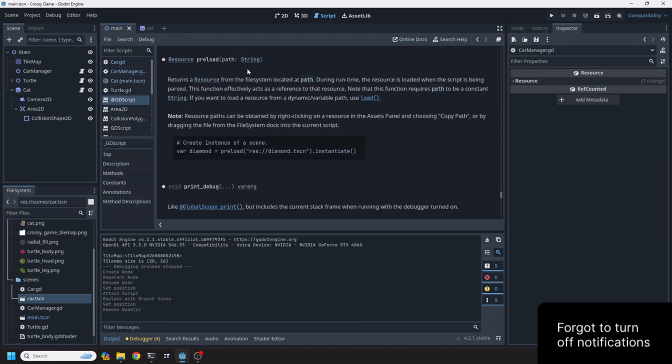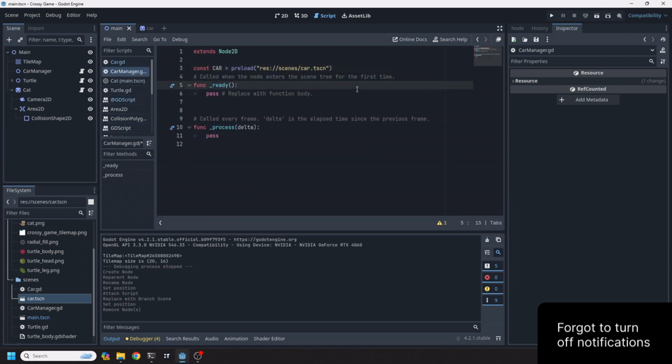If I click here, we can see that this loads the resource when the script is being parsed. So basically this makes it ready for the editor to instantiate at any given time that we need it to. So if we go back to CarManager